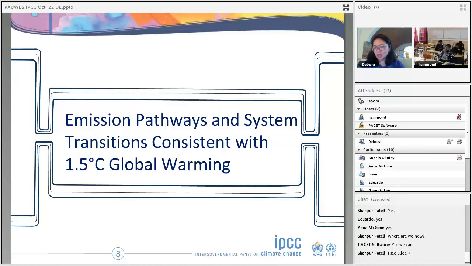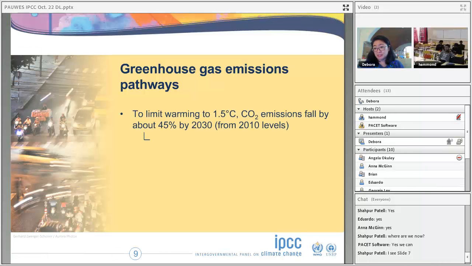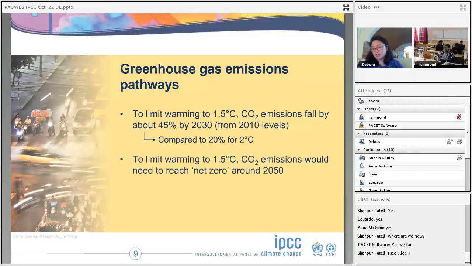So I hope you are all seeing right now figure SPM3A, in which we can see the global emissions pathways characteristics. The figure shows general characteristics of the evolution of anthropogenic net emissions of CO2. And on the right-hand side, we can see total emissions of methane, black carbon, and nitrous oxide in model pathways that limit global warming to 1.5 C with no or limited overshoot. So net emissions are defined as anthropogenic emissions reduced by anthropogenic removals. So the more we take to do the reduction of emissions, the more we will have to rely on CDR